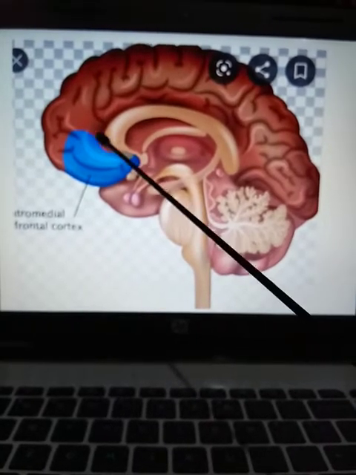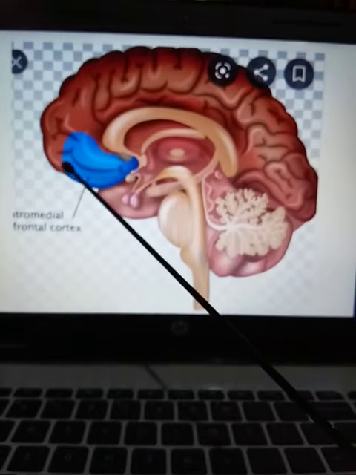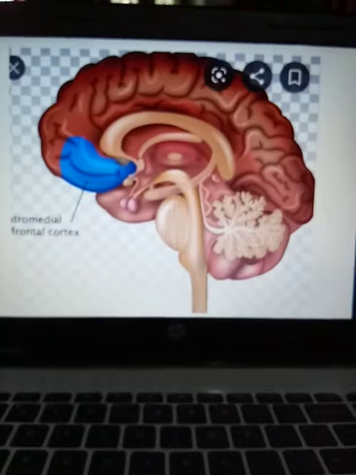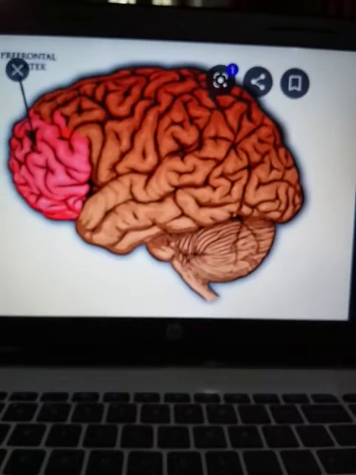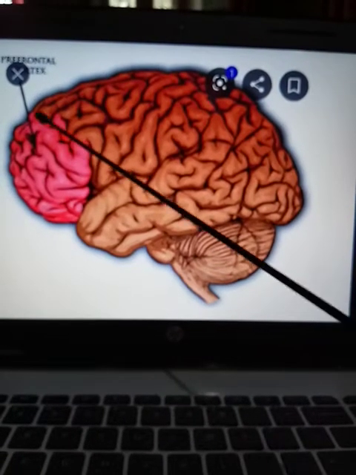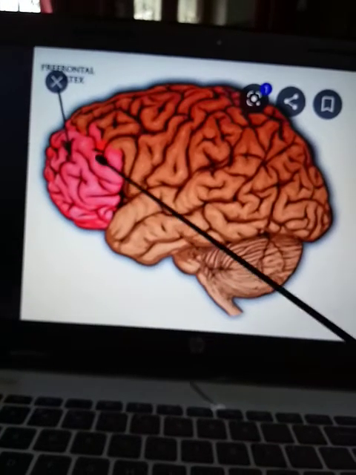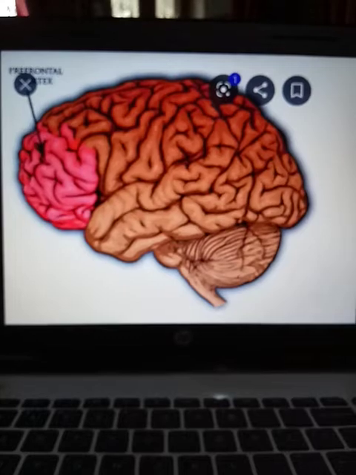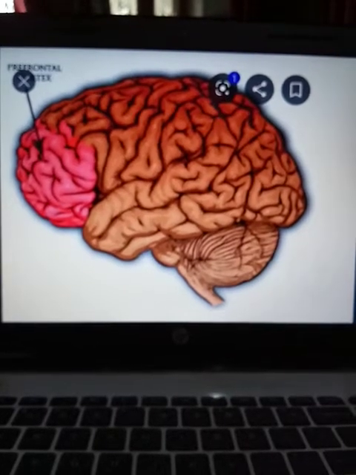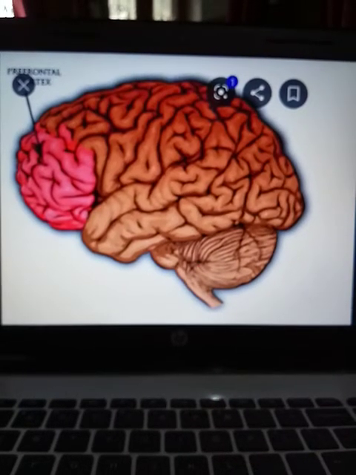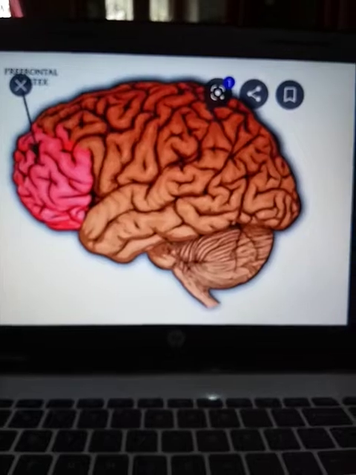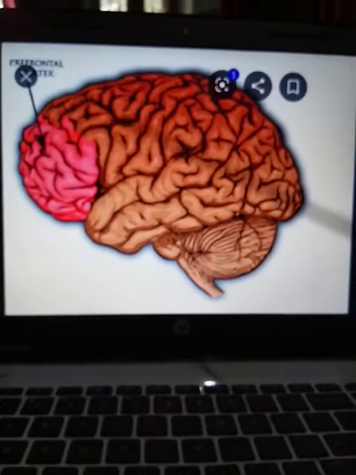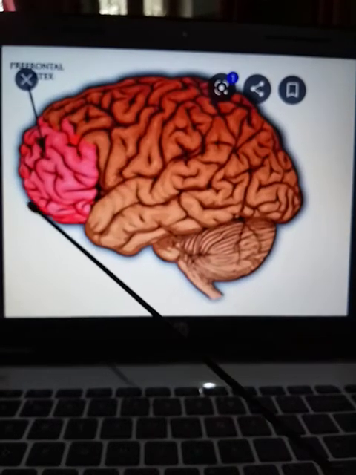Your prefrontal area or prefrontal cortex is formed by 3 things. You have the medial frontal gyrus, the anterior part, which is present on the medial surface. Then you have the orbital gyri and all the 3 frontal gyri anteriorly.